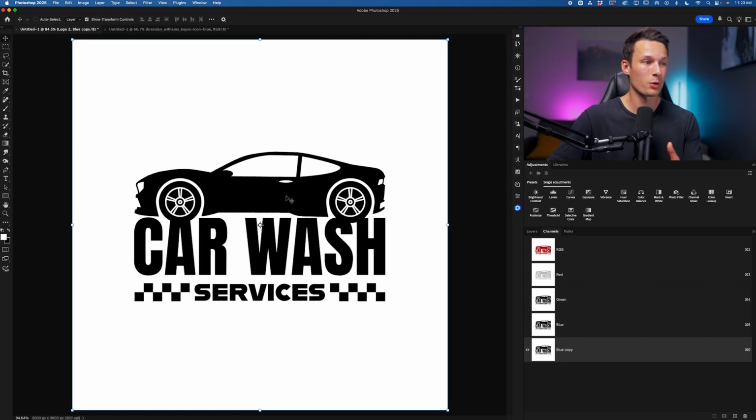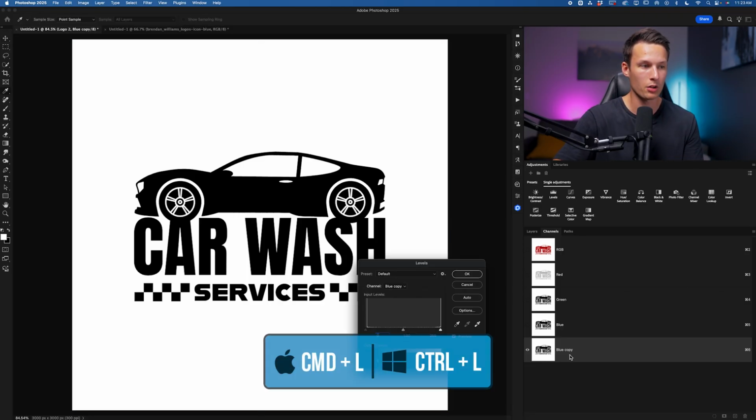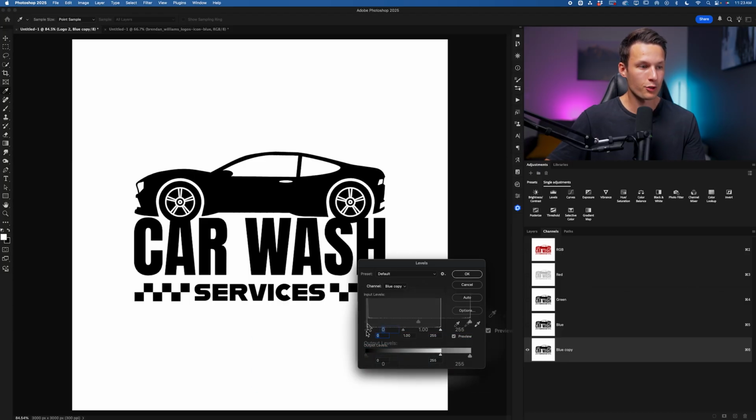In this case, my logo is already fully black, so I wouldn't have to do any adjustments. However, if your logo has some gray within it, then while that duplicated channel is selected, again the one that you duplicated with the most contrast for your logo, we'll press Command or Control L to access our levels adjustment. From here we can bring together the shadows and the highlights points until again all of the gray from within your logo is removed just by adjusting these points here. In this case it doesn't really make a difference because it already was fully black and fully white, but regardless